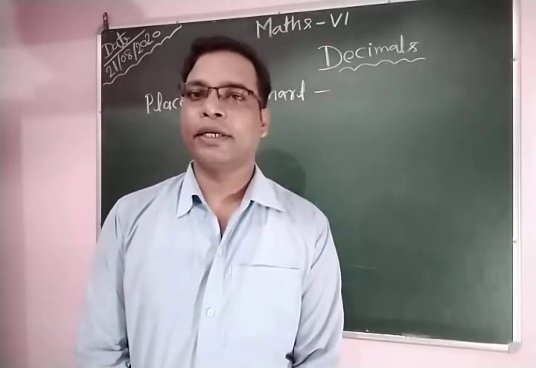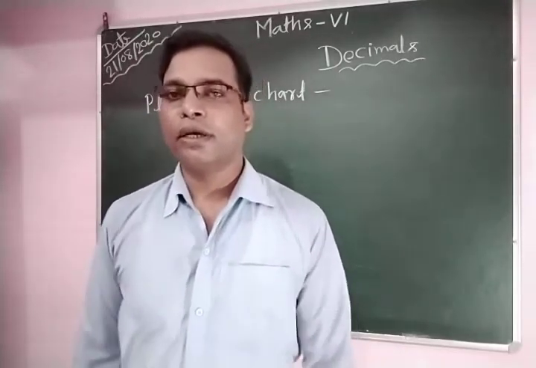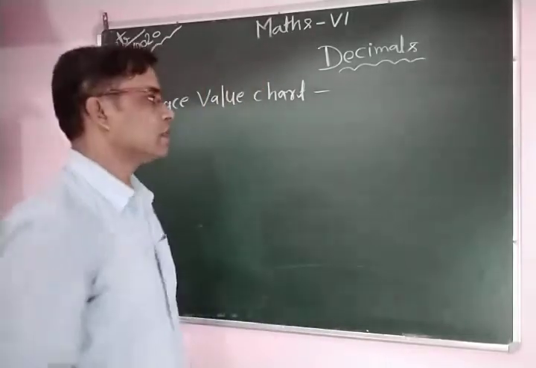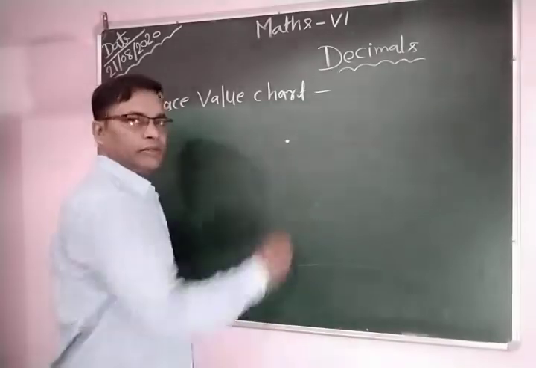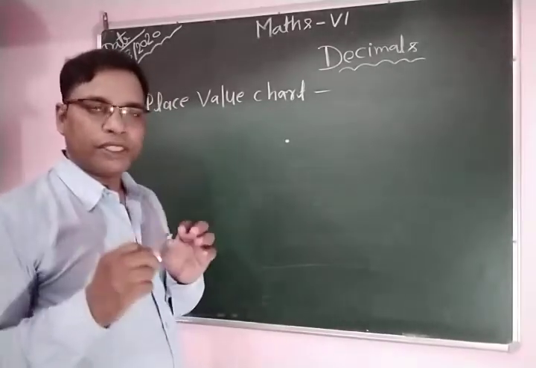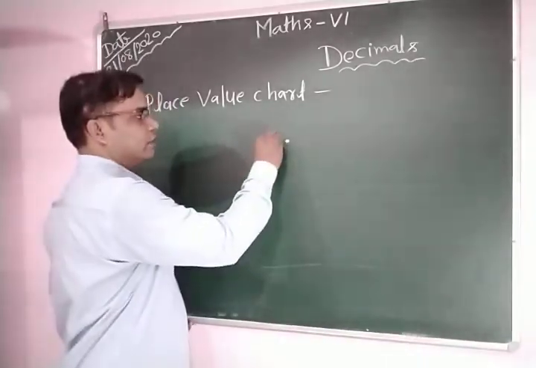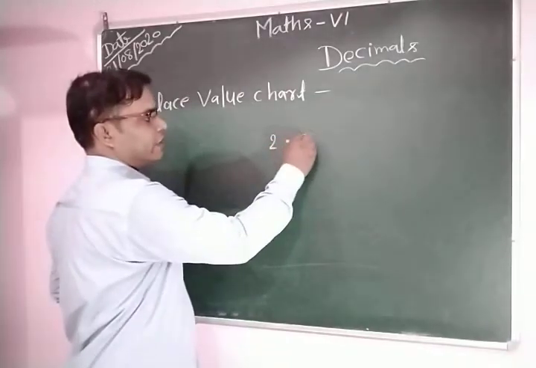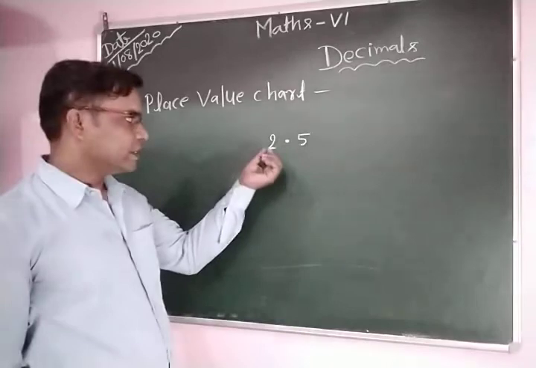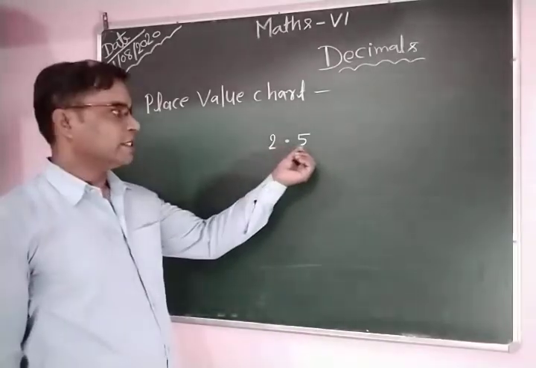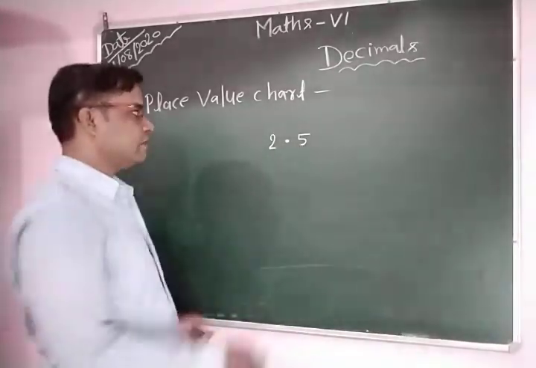Chapter 8 is on decimals. So what are decimals? You can see this small point is called a decimal point. If you put it between two digits like 2 and 5, it becomes 2.5. This 2 is in the ones place, and this 5 is in the tenths place. Okay, if you write it like this